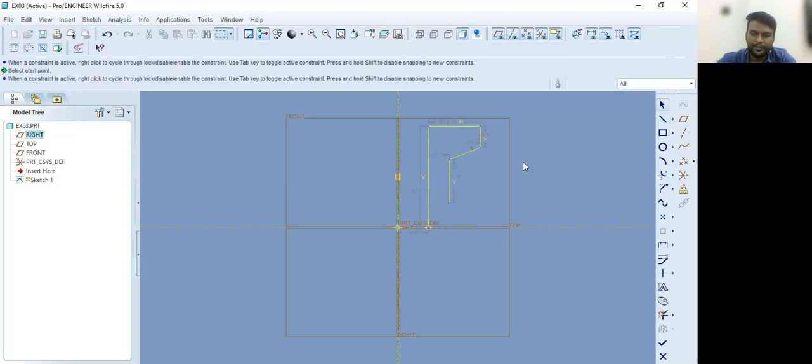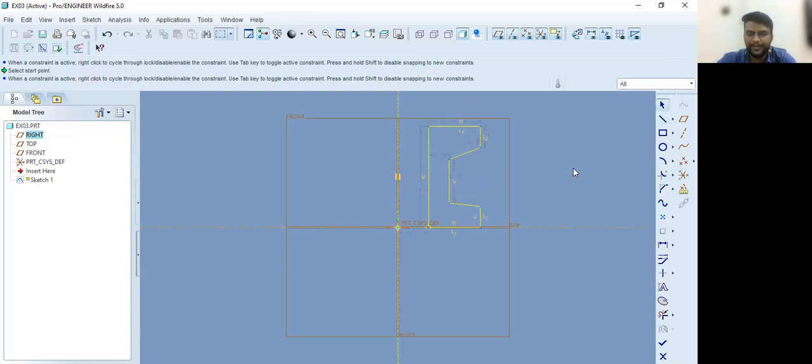Once you press the scroll button, you will come out of the command, and all the dimensions will come on the screen. You can see all the dimensions. Now I'm going to start from this side, so that these lines, whatever I'm creating, will be equal in length. See here, both the horizontal lines in the sketch are equal. Once it is equal, it will show L. The red color, you should click on the same point.